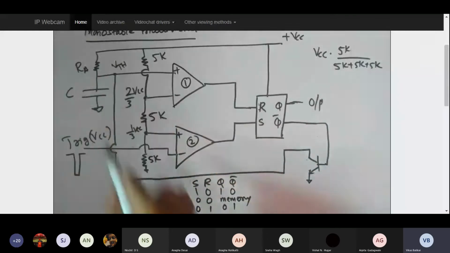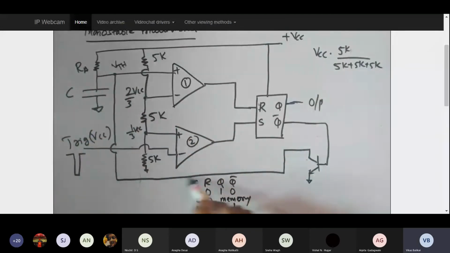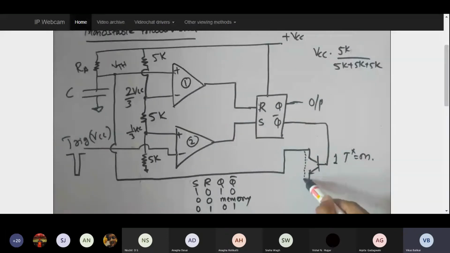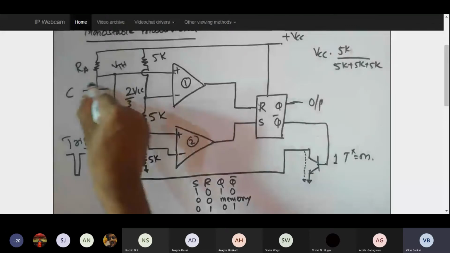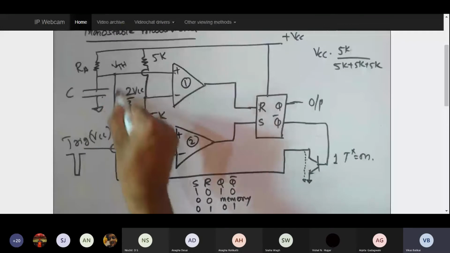So which means basically it is going to help me in discharging the content of the capacitor to the ground whenever the base of the transistor is high. So whenever this is high, the transistor is on. So that ensures that there is a path between the emitter and the collector. So that means there is a short circuit to the ground. So this will ensure that the stored value of the capacitor will be discharged down this particular path to the ground. So this is what is the thing.